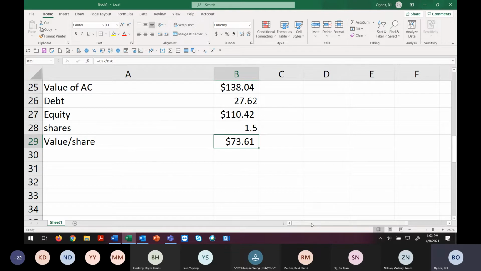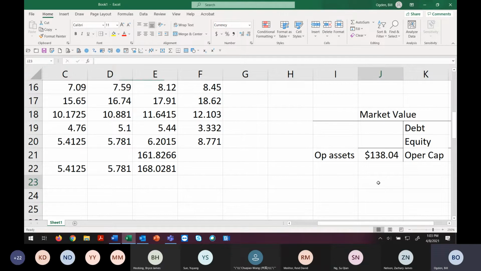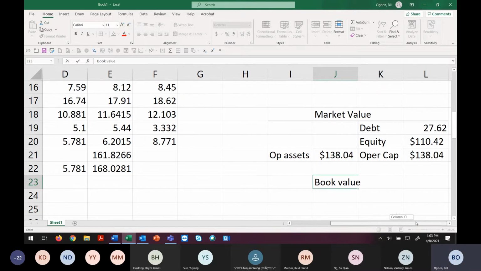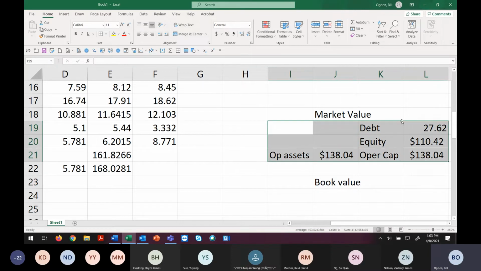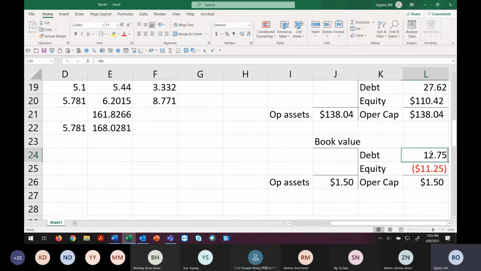All right, let's come back over here a minute. All right, let's do a book value balance sheet. All right, and let's see, how can we do this quickly? I don't want to take all night on this. Let's copy this. You get some goofy numbers, but don't worry about it. Perfect. Okay, so just delete these